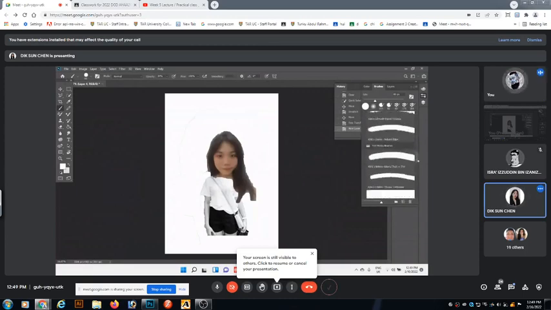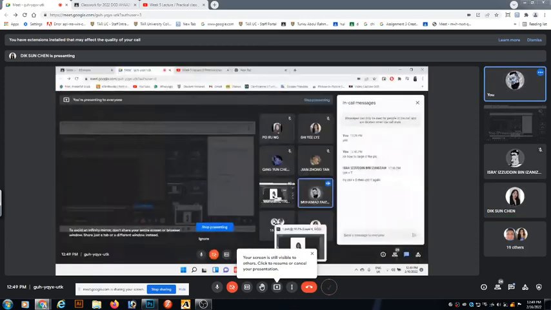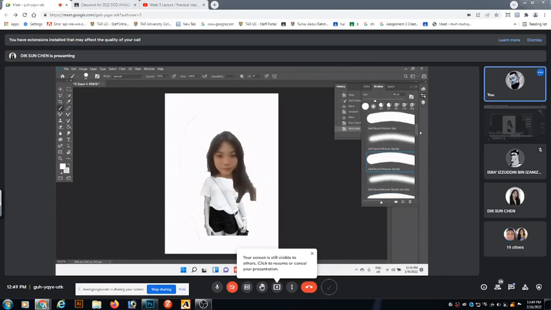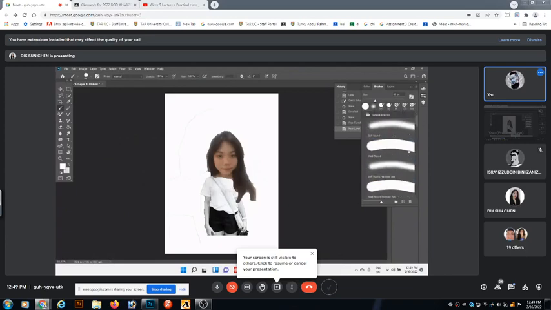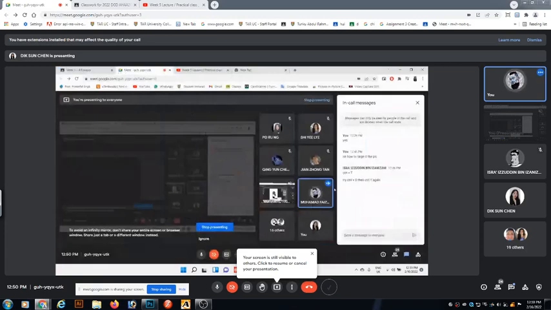I only use general brushes to paint the shades. I'm using dry media brushes or maybe wet media brushes to work.